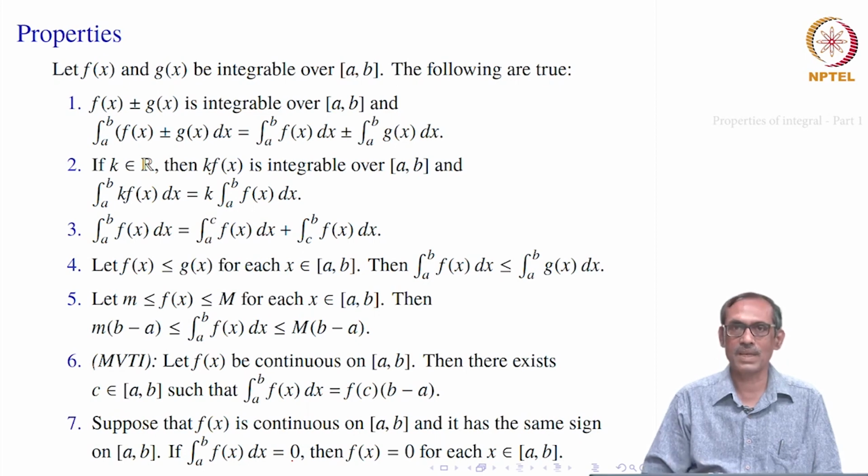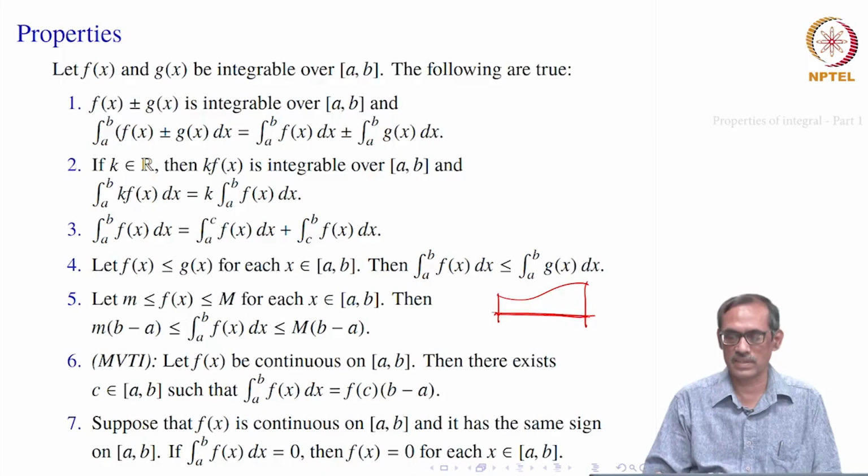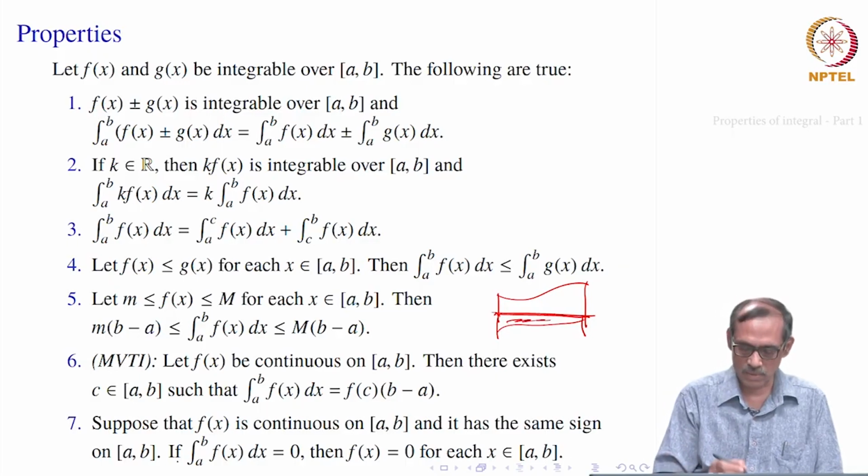Okay. This looks like a very non-trivial thing, but it is not. Suppose you have the same sign, so let us say positive or even equal to 0. Now, if the function is not equal to 0, that is, it is not coinciding with the x axis, then the area can never be 0; the area will become positive. That is what it says in this case. Similarly, if you have some negative values and the function is integrable, and if it is not identically 0, then this area will not be 0. We see the contraposition, that will be easier to see.